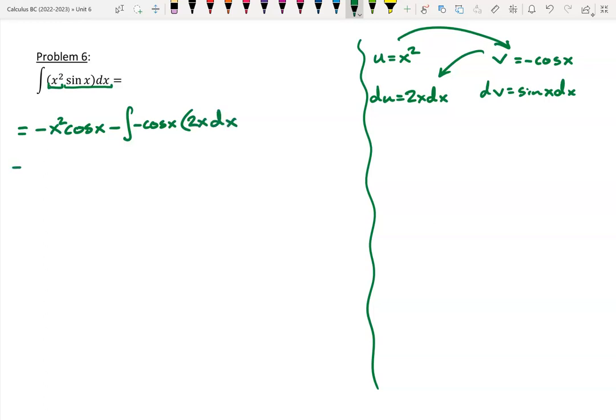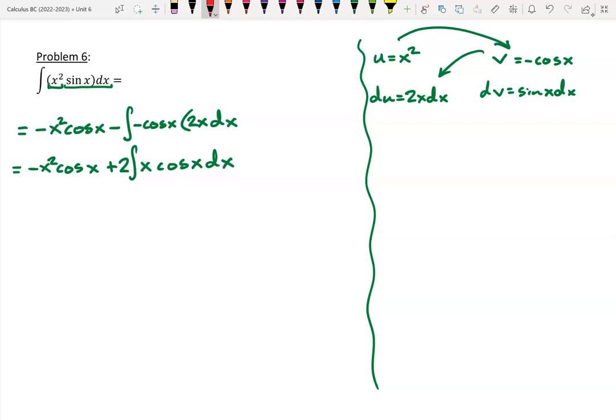I'm going to simplify that just a little bit, so negative x squared cosine of x, and then I'm going to pull out the negative and the 2, so that should be plus 2 integral of x cosine of x dx. All right, so